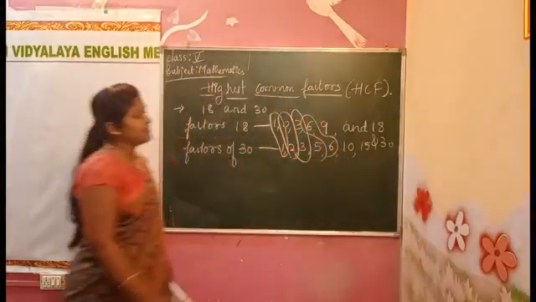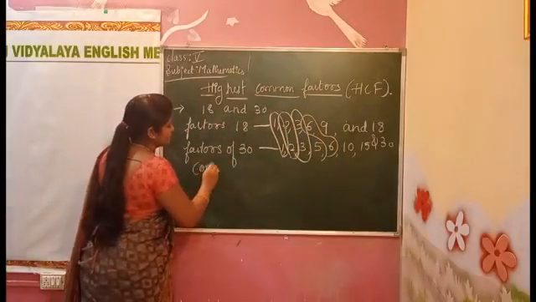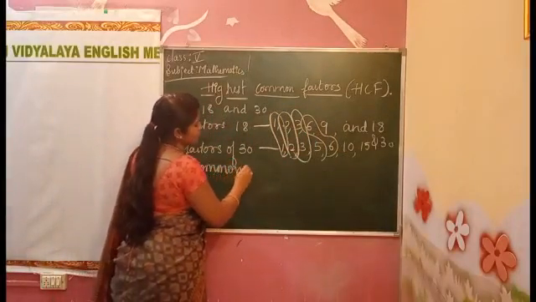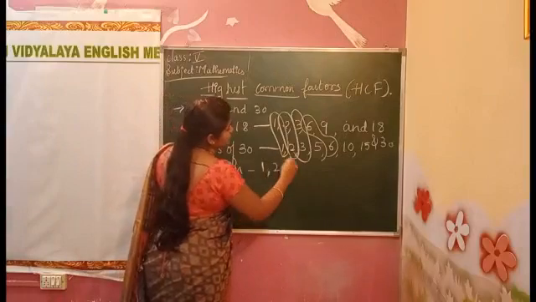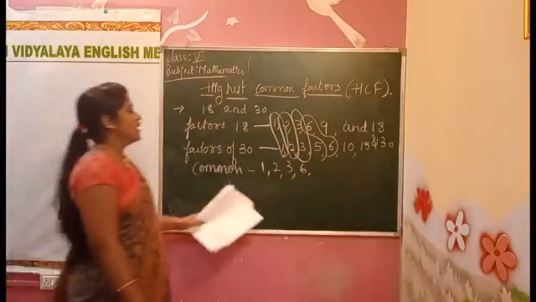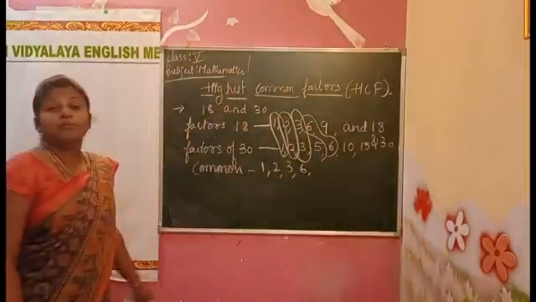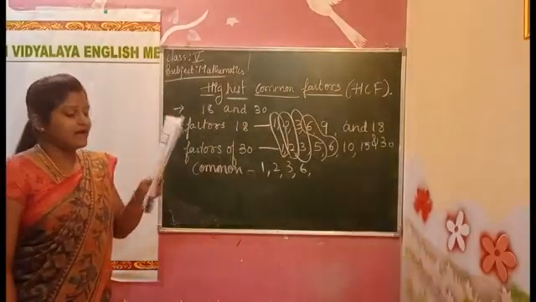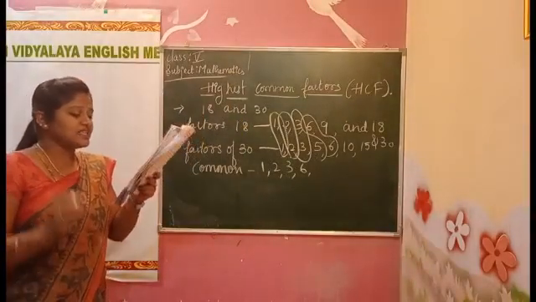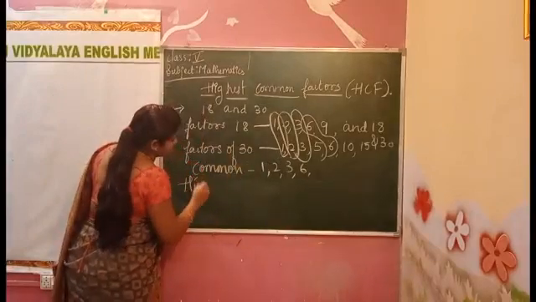Now see, are any other numbers common? No. How many numbers are common? Common numbers we have 1, 2, 3 and 6. Which numbers do we have? 1, 2, 3 and 6. These all are common numbers. In that, now we have to see which is the highest common number, which is the highest common, our HCF.